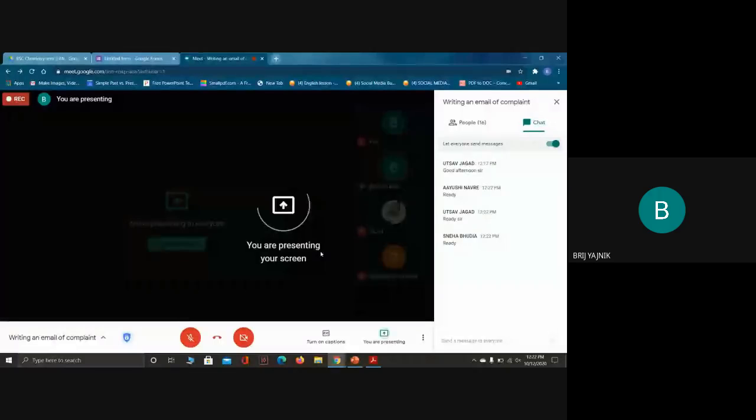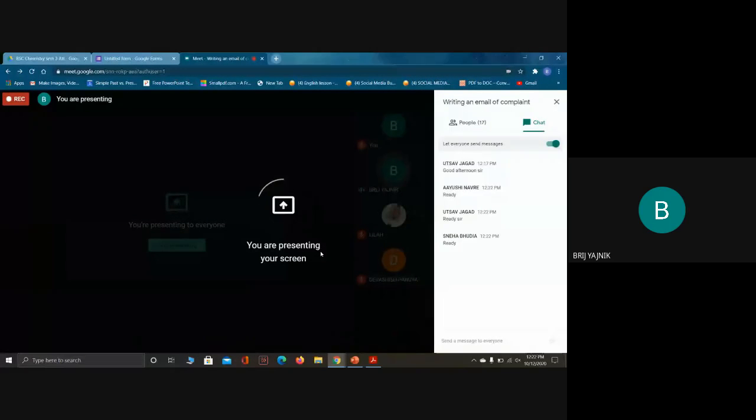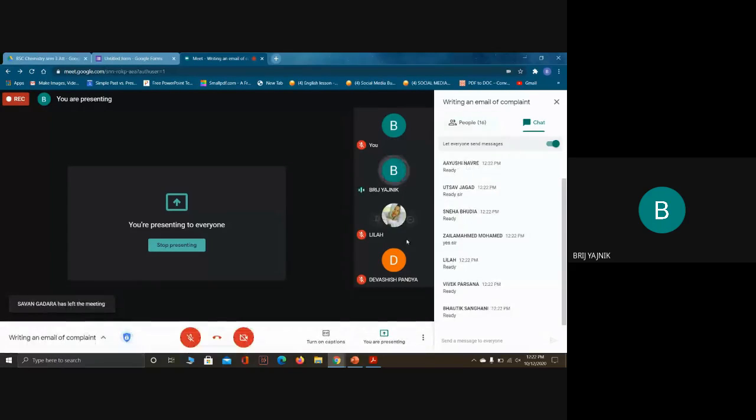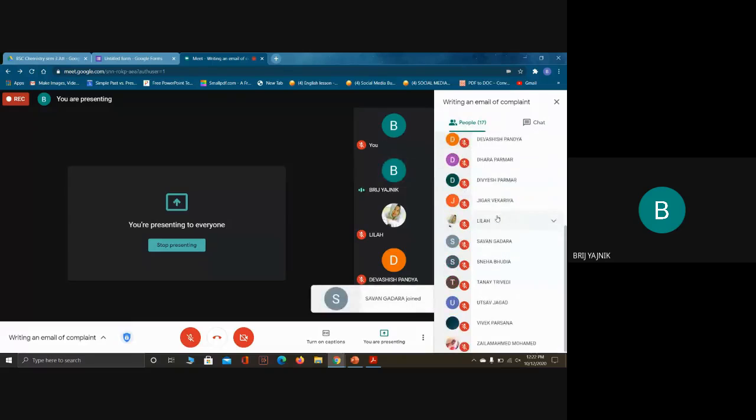Right. So Ayushi, Utsav, and Sneha are ready, and others are maybe falling in. Okay, so let's begin with what we did in the last session. Can someone very quickly remind me? Faster is better. Yeah, Baltic is ready. Good, great. Vivek is also there. Dara just joined in. Okay, I think a few of you just joined in.